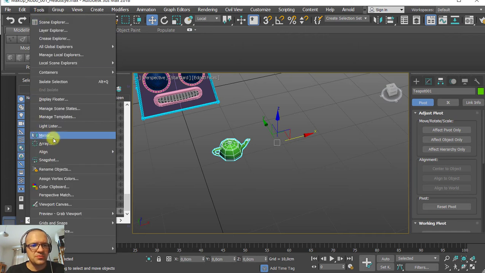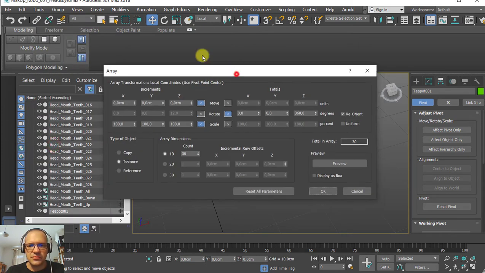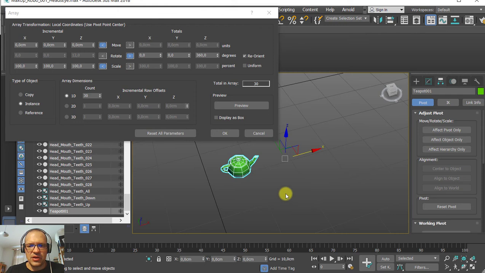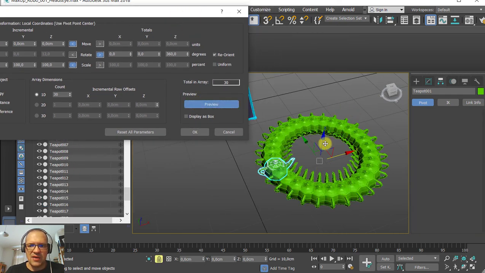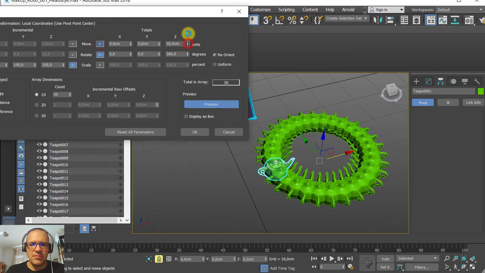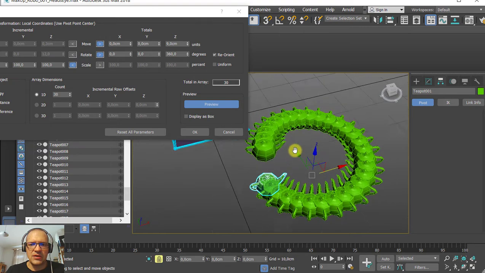I can go back to tools and go on array. And here we go. So go crazy. So preview. Now we have a row of these. But it's not enough. So if I want to make it more interesting, I can create a helix type of array. So I will turn on move as well, and my idea is to move around